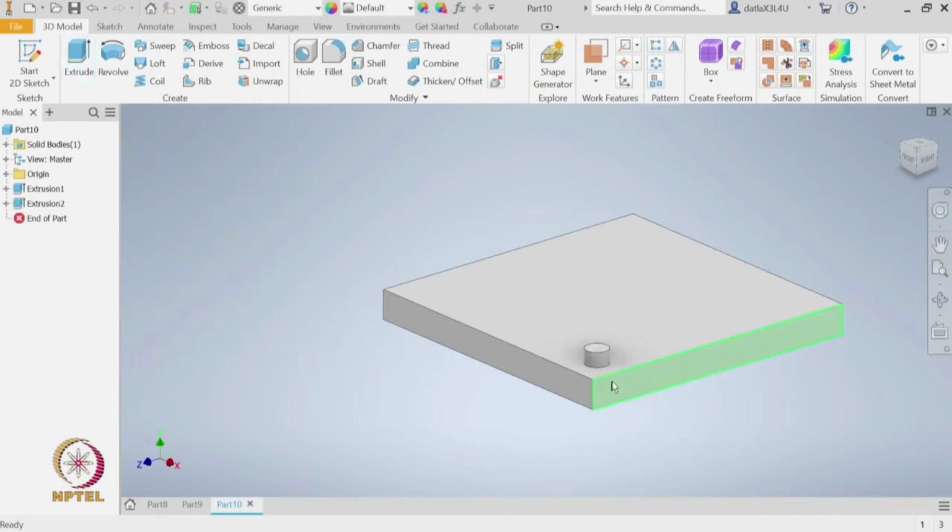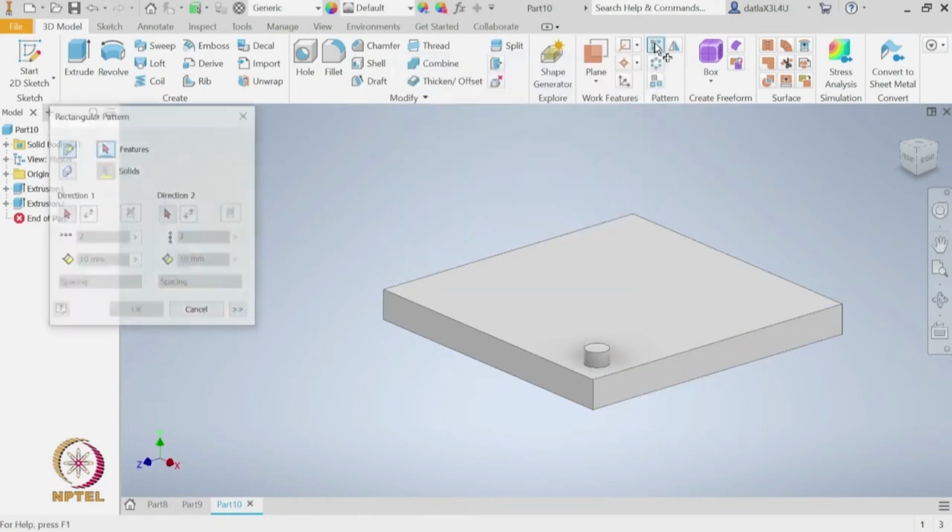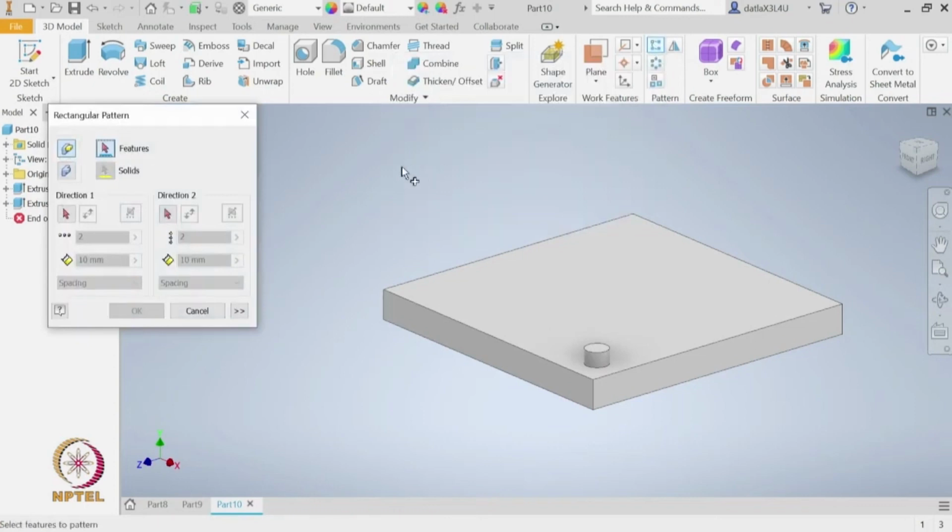So, let us say this is the feature we have just created and we need to make multiple copies of this. For this we can use this pattern command. Let us start with the rectangular pattern. The moment I select it, by default it is asking me to select the feature. So, let us select this button we have just created,